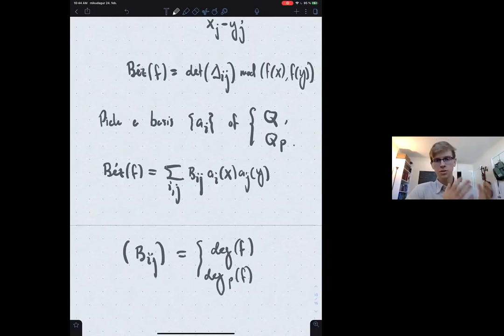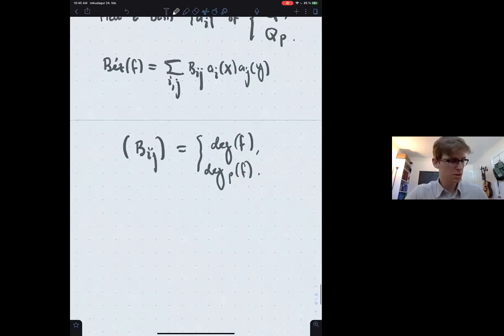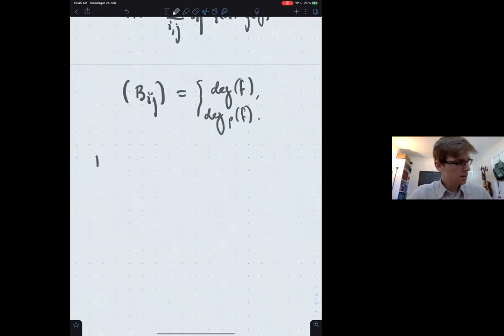Okay, so there was a lot of symbols and stuff written down. I'm going to do an example to kind of help this make sense, and then we'll see that this really does compute global degrees and local degrees. So I'll start with a fairly simple example. I'm going to take f to be x1, x2, x1 plus x2.